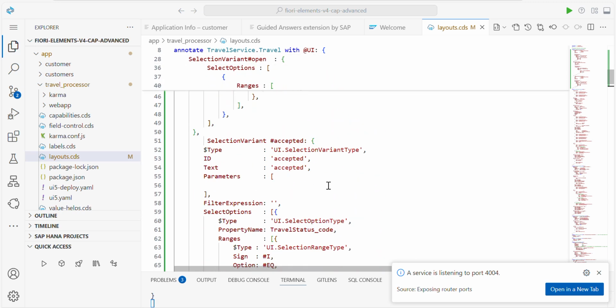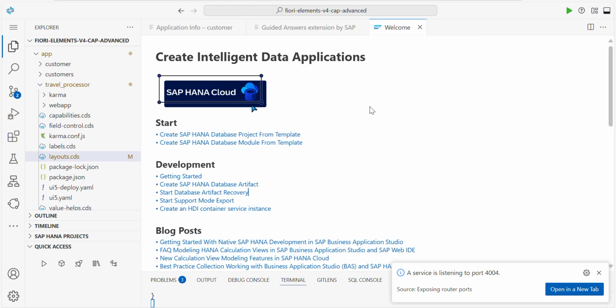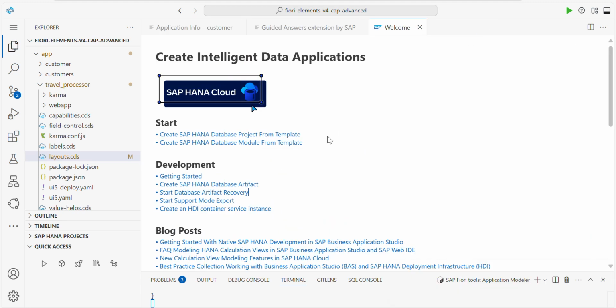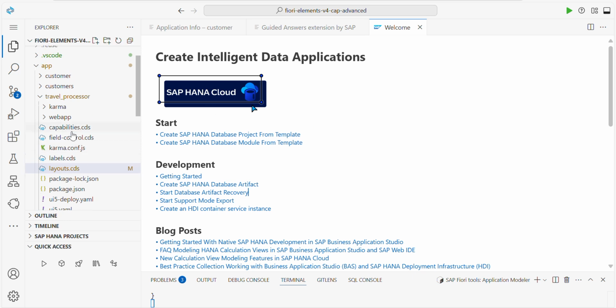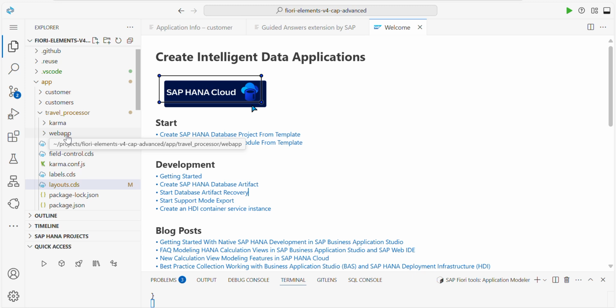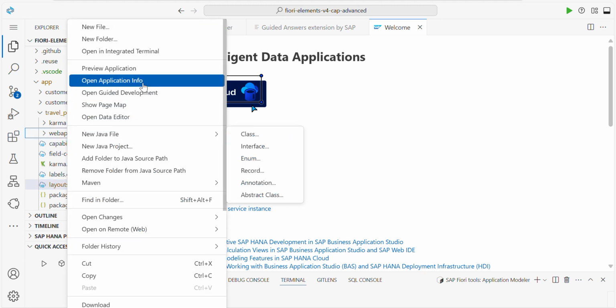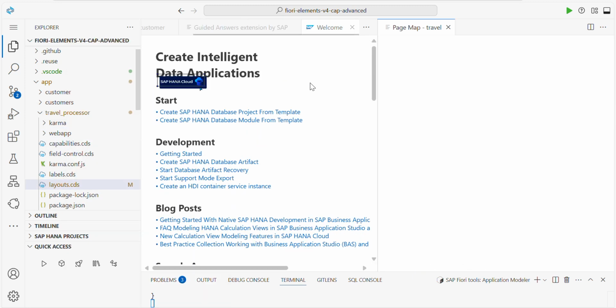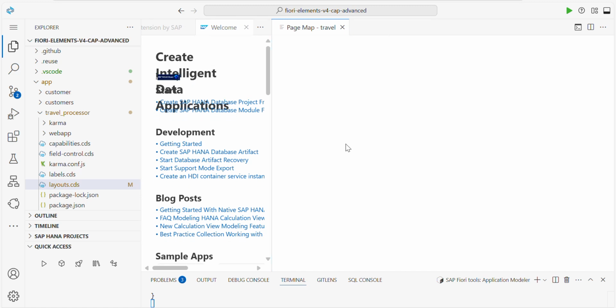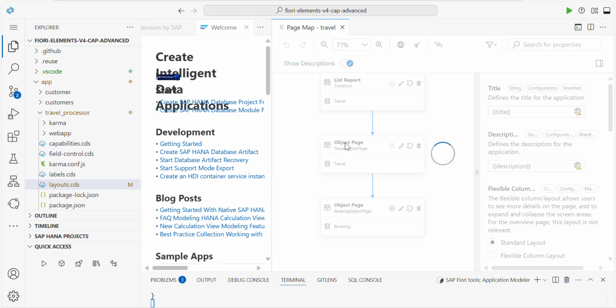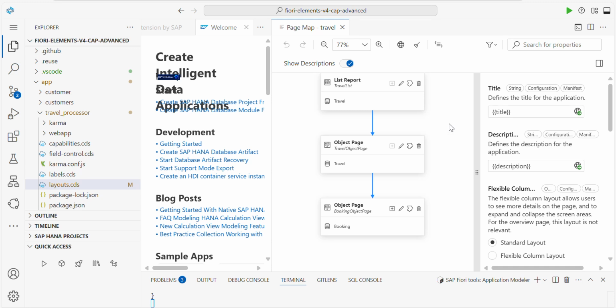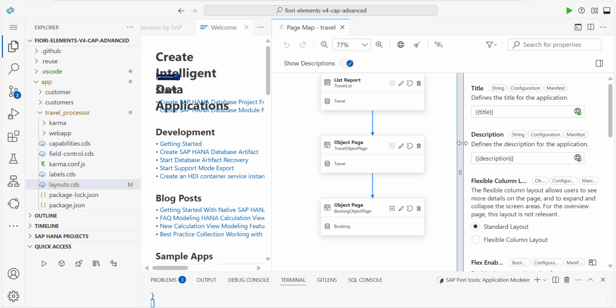Once this is done, let's close this layout CDS file. Then we need to add the annotation for the quick variant selection path. For that, right-click on the web app and choose show page maps. Here we will add the annotations. Here, if you see, for the list report,